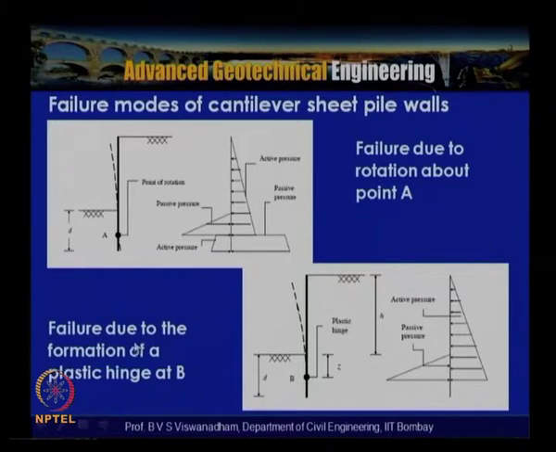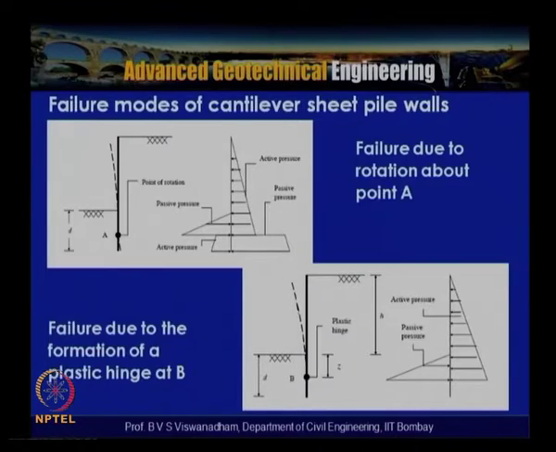But in case you have a failure due to formation of a plastic hinge, that is the material failure of the sheet pile wall, and if H is the height of the soil above the dredge surface D, then we can see that this is the active pressure and this is the passive pressure, and at this point the wall tries to undergo rotation and formation of a plastic hinge takes place here. This particular issue was modeled using the variable gravity method, and also verified by